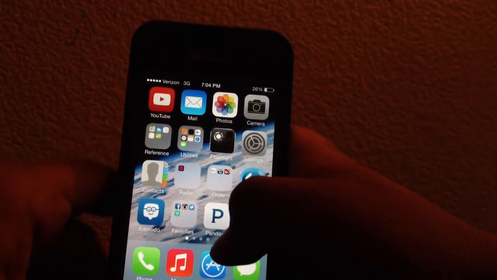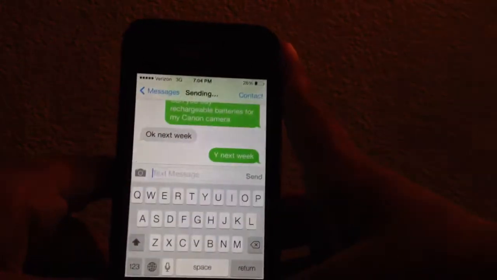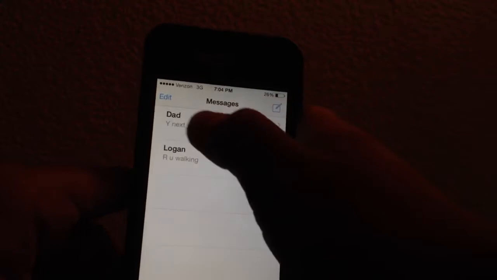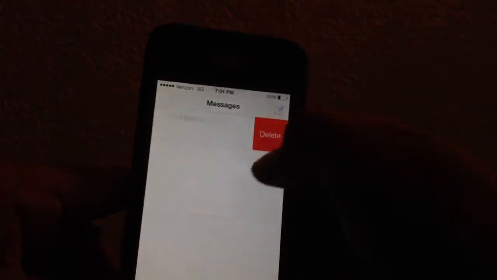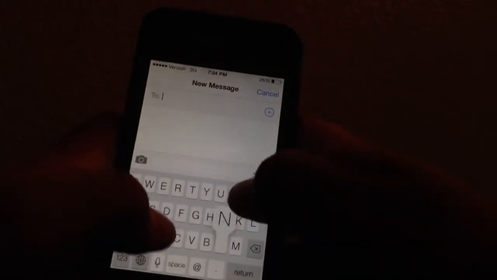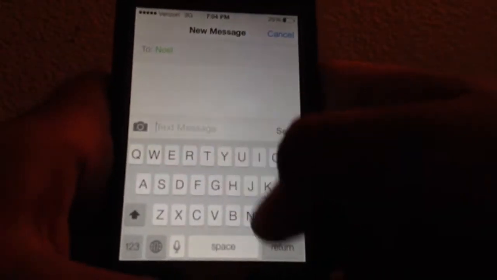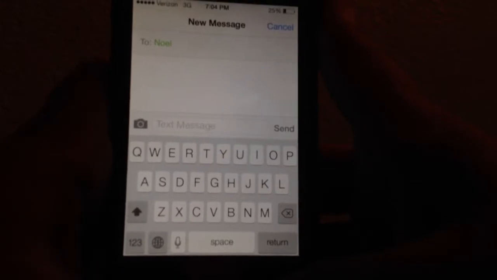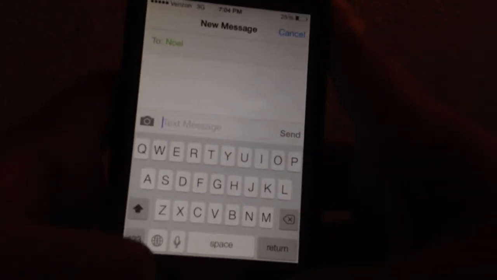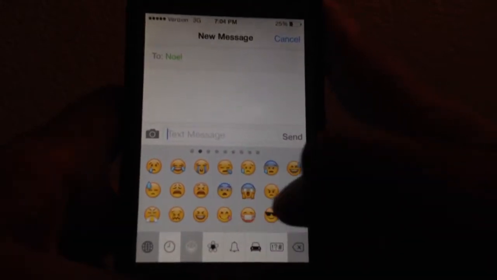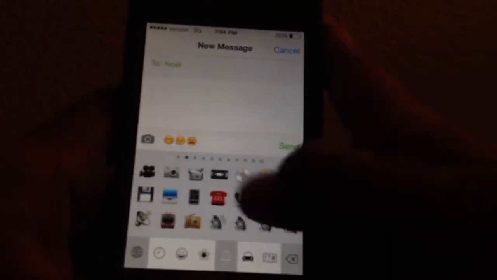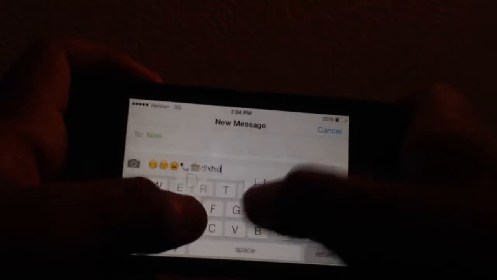The next thing is the messages. Now the messages are pretty much the same, except let me delete this. I don't want you guys just seeing my messages. And I'm gonna go ahead and text my brother Noel right now. Hope he'll text back. He's not here right now, but let's see if he'll text back. So as you can see, the keyboard is different. It's a little bit white, and it's not black in the back anymore. And of course, if you have emoji, it's a good app for the keyboard. You can have all sorts of smiles and stuff. So go ahead and put something in here. And I think you can still do this. Yeah, you still can do this. So we're just going to text